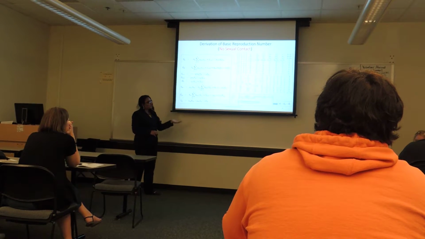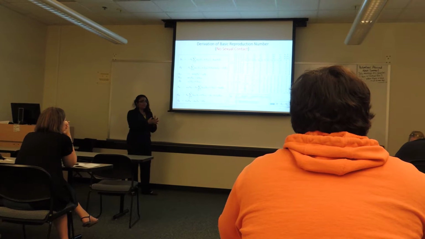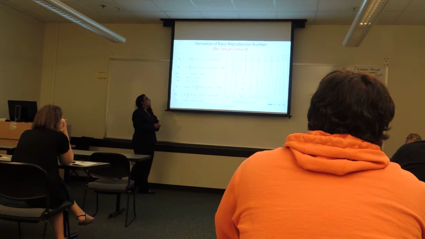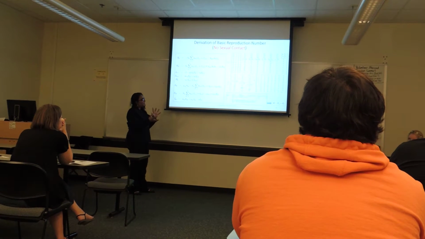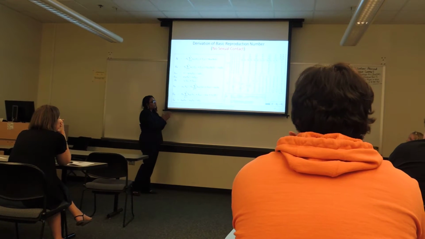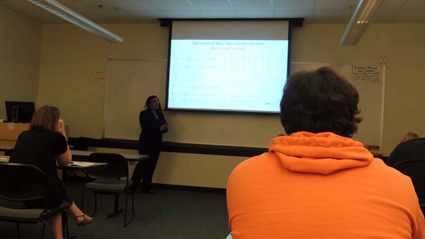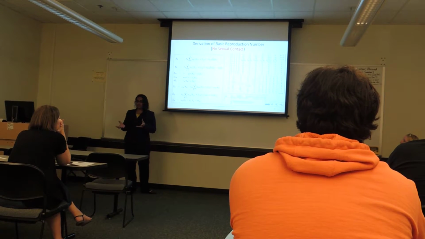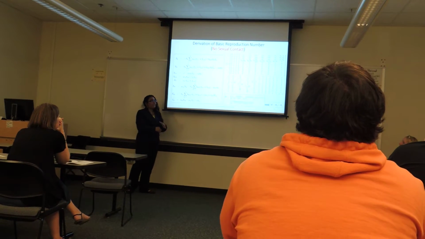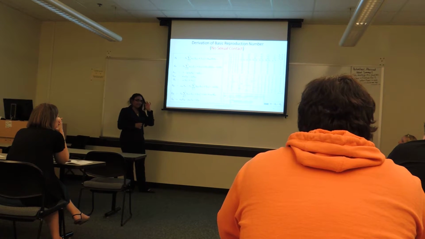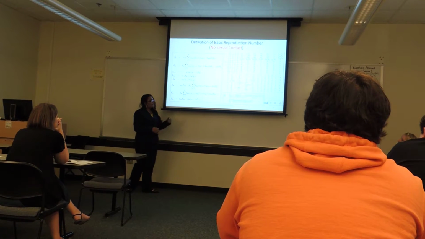The V matrix is the Jacobian of the outflow of those infections. So the approach states that you find the F matrix and the V matrix, and then find the next generation matrix, FV inverse. From that, we can find the dominant eigenvalue of that matrix, and that is what is known as